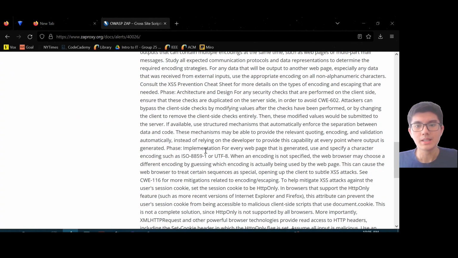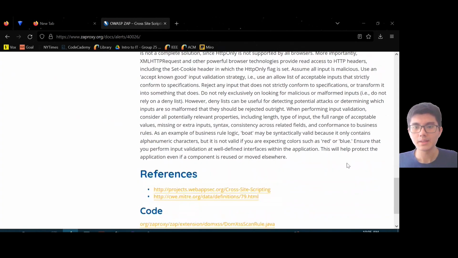And then for any web page that is generated, use and specify a character encoding such as ISO-8859-1 or UTF-8. When an encoding is not specified, the web browser may choose a different encoding by guessing which encoding is actually being used by the web page. This can cause the web browser to treat certain sequences as special, opening up the client to subtle cross-site scripting attacks. And finally,